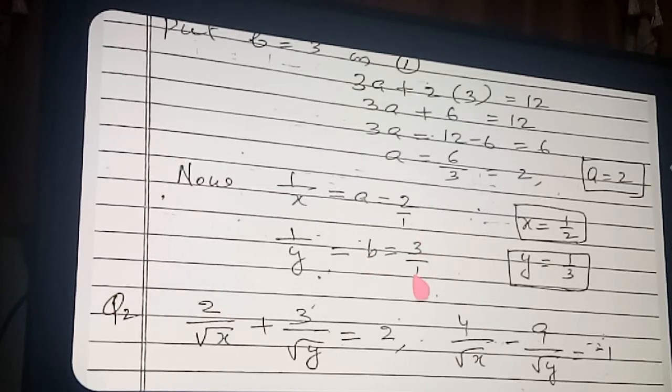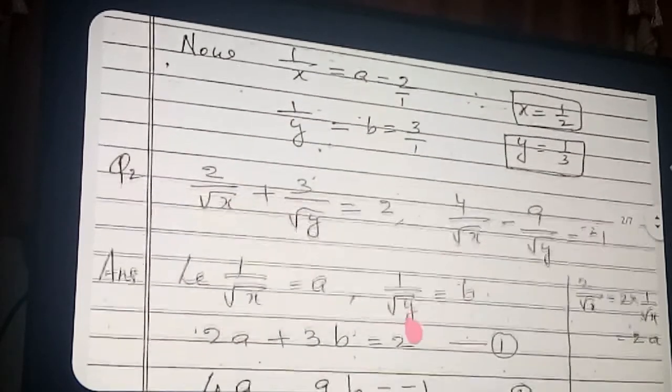And similarly 1 by y you supposed as b, and the value of b is 3. 3 means 3 by 1. For getting the value of y, here also reverse, here also reverse. Take the inverse, that's it in short, otherwise reciprocal. Take the reciprocal on both sides. On one side only we are not taking anything. Okay, so here the reciprocal of y, what will come? 1 by 3. Therefore the value of x is equal to 1 by 2 and the value of y is equal to how much? 1 by 3. This is the only method we are going to explain throughout this exercise.